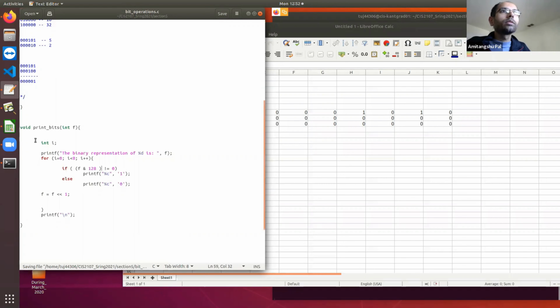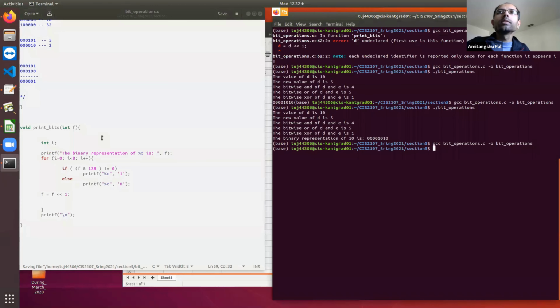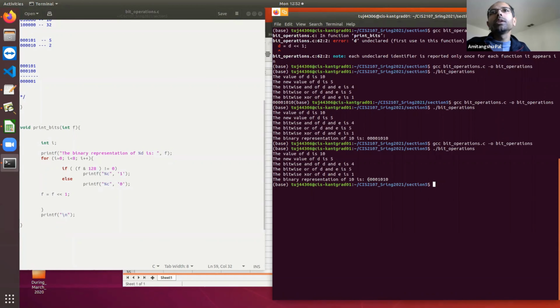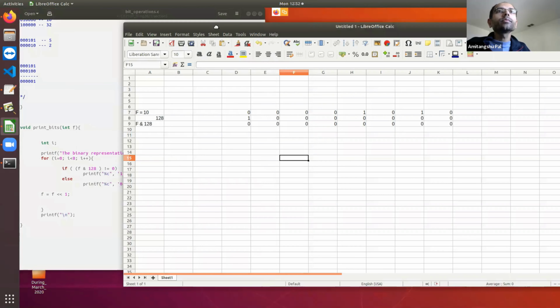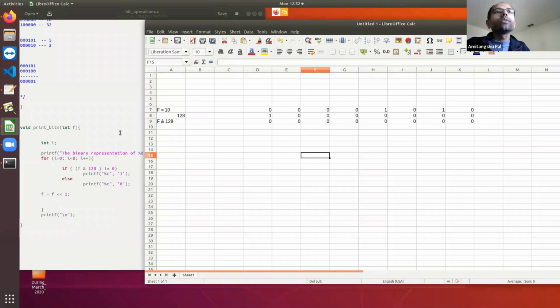Clear? These are equivalent. Alright. If I run this, it is going to give you the same answer. So basically I am checking whether F and 128 is not 0. If it is not 0, then I am going to print 1. Otherwise I am going to print 0.